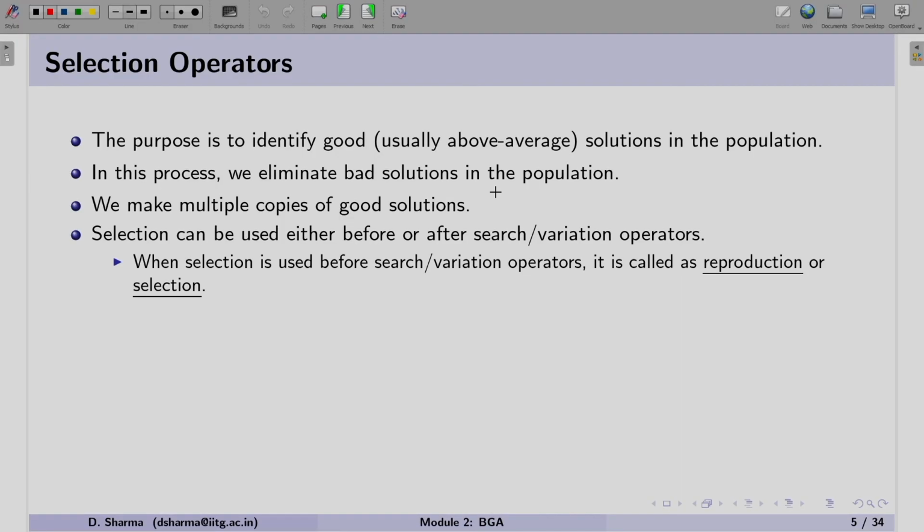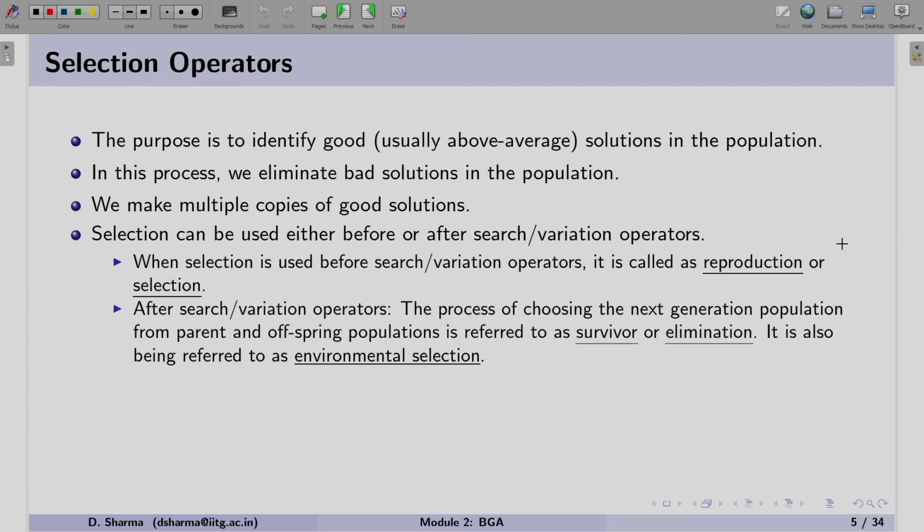As you remember, selection can be done before the variation operator and after the variation operator. When we perform it before the variation operator, this selection process is generally referred to as reproduction or selection.